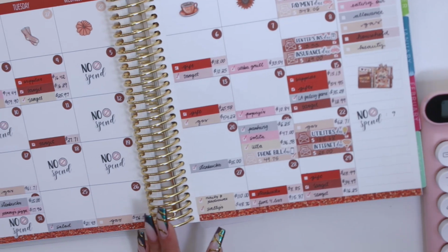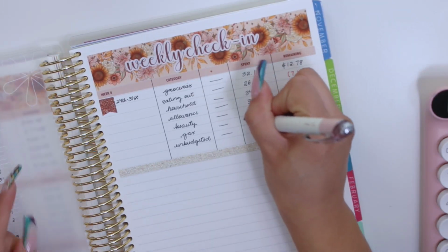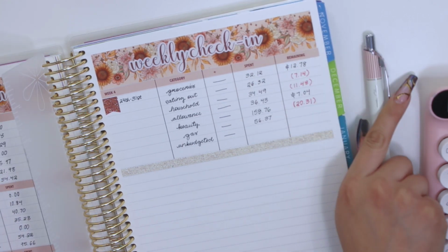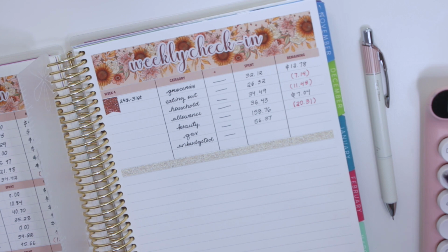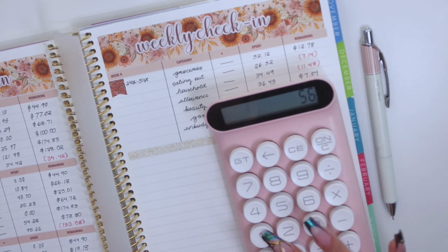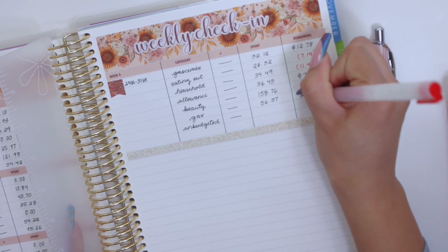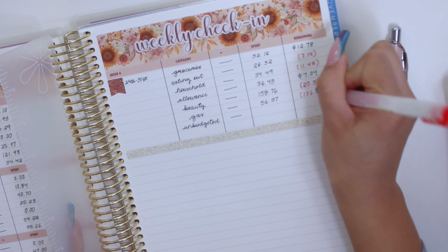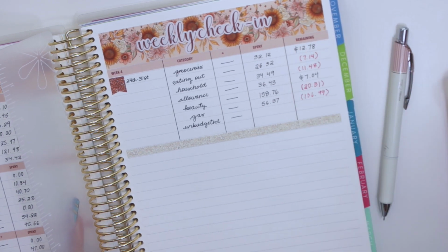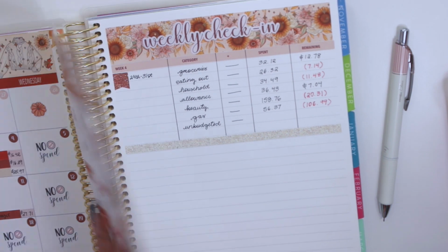Next for gas, I did have one expense right over here of $56.37. So 56, and I was already over budget by $50.62, $56.37. I was over budget by $106.99, which is quite a bit of money to be over budget on gas, especially because I budgeted $250 for gas. And last but not least, for unbudgeted, I did have two